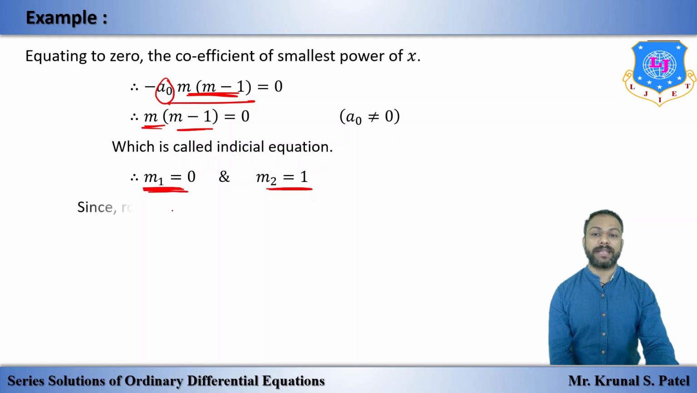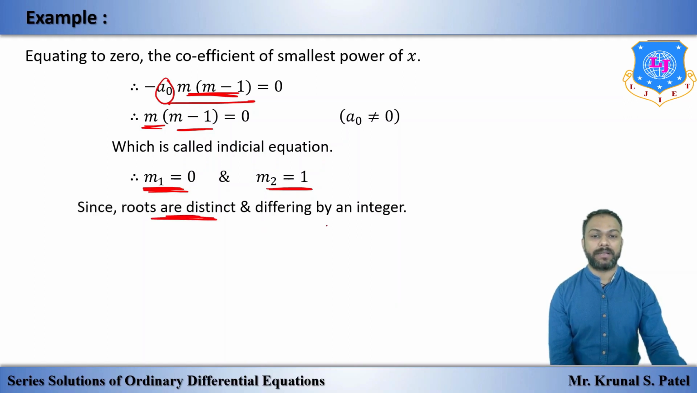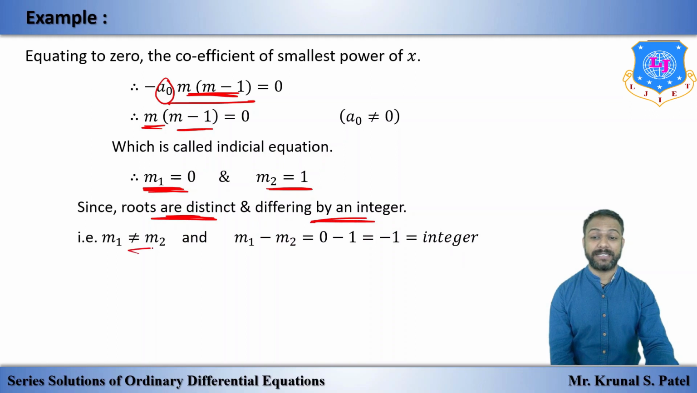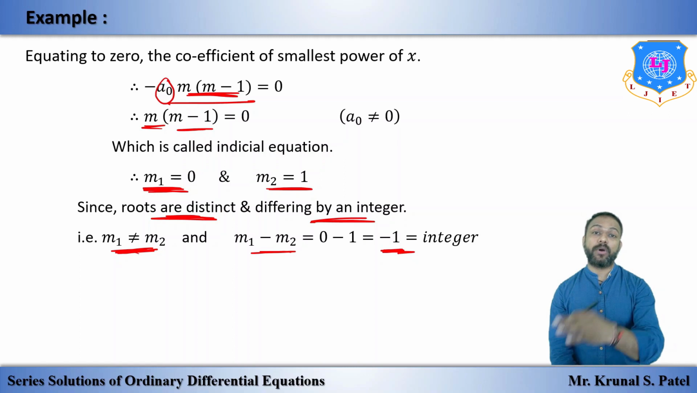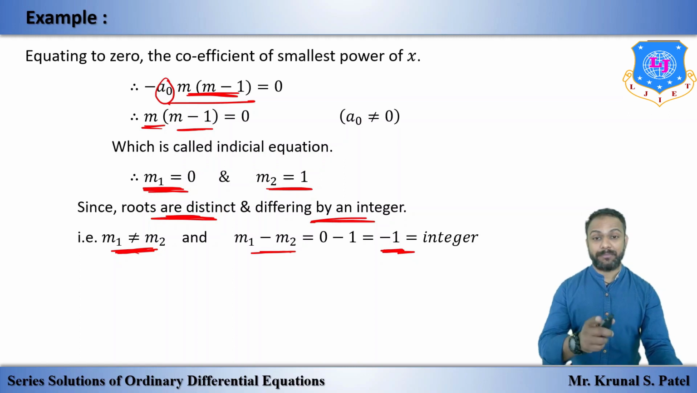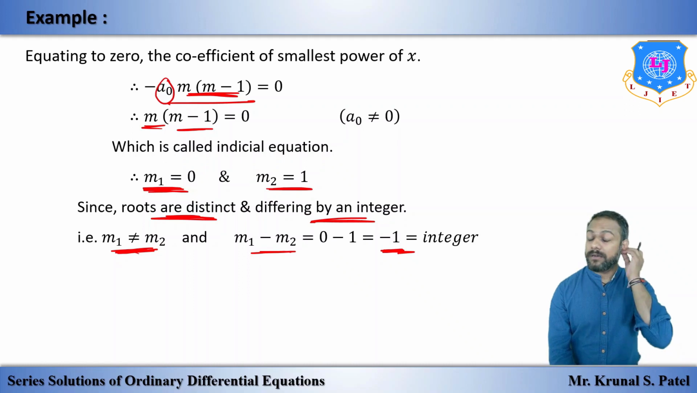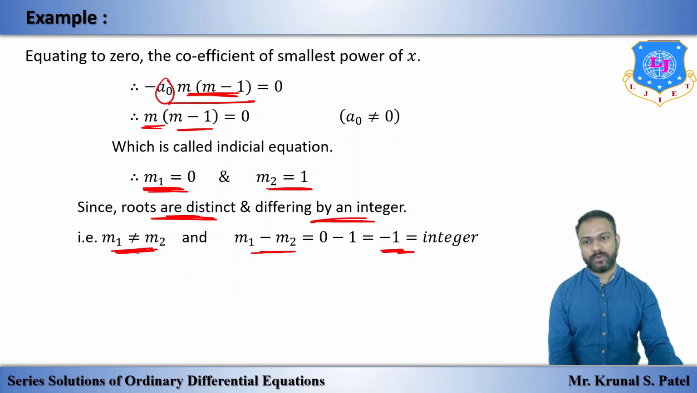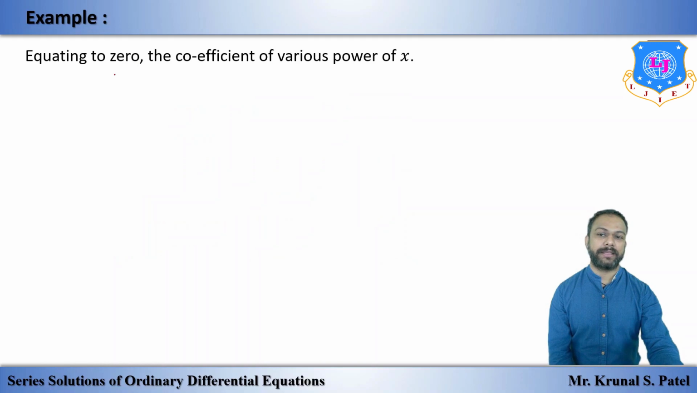Now here you can see that m1 and m2 are both distinct but differing by an integer. You can see these are different, but the difference is minus 1, and minus 1 is an integer. Okay, so it is case number 3. Now in case number 3, whether part A or B is applied here, that we will also decide after getting the recurrence relation. Okay, so after deciding this, by equating to 0 the coefficient of various powers of x,